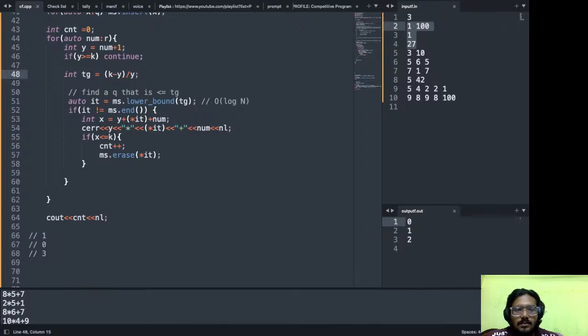I have 2, so 2 या 2 से नीचे I want something to be found. In MS,